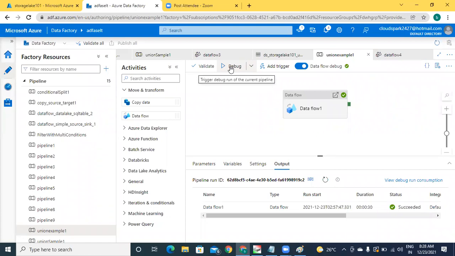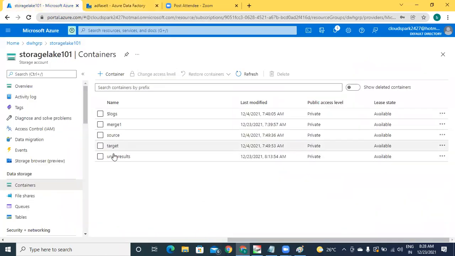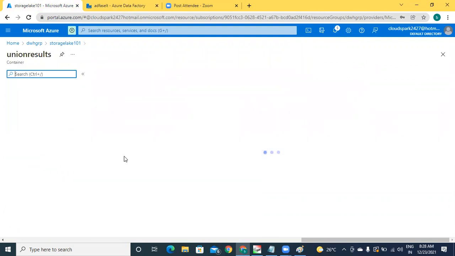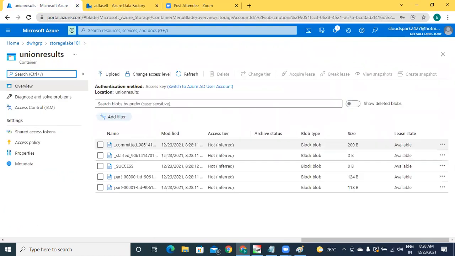Yeah. All of you, please check the output. So the confirmation, the job status, which is succeeded. And now go back to your data lake, your container. Your target container is results. Data is written as partitions. Partition 1, this is partition 2. This is a Spark style of writing into the distributed clusters.